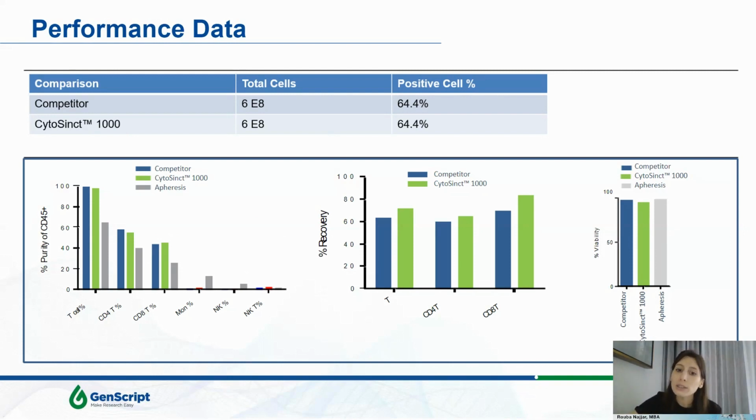So you can see what is in blue is the competitor. What is in light green is the Cytosync 1000. And then the gray bars are basically Aferis. And what you're seeing here is the purity of cell isolated